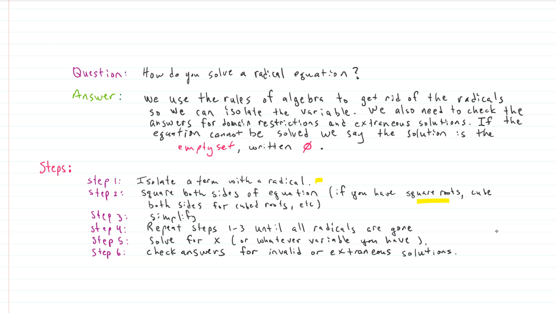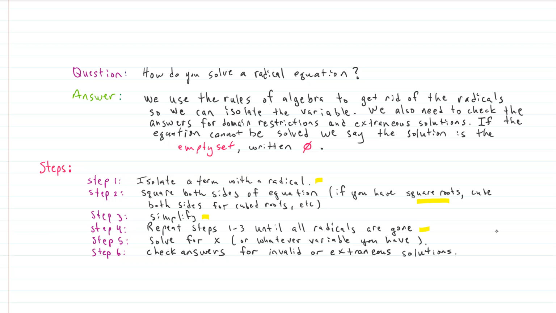Then you simplify, meaning you might have to do some more simplification because you've gotten rid of one of the radicals and you look to see if there are any other radicals still there. If there are still radicals in the equation, then you move to step 4 and you repeat steps 1 through 3 until all the radicals are gone. So you generally get rid of one radical at a time. Sometimes you get lucky and you get rid of 2 radicals at the same time, but often you just get rid of 1. So if you've got multiple radicals, sometimes it takes multiple passes through this to get rid of